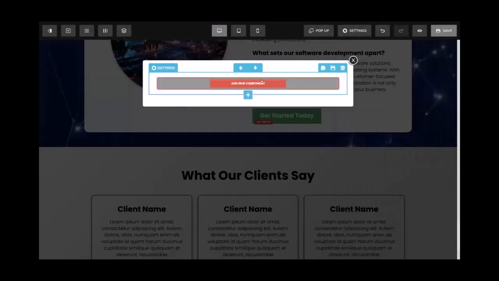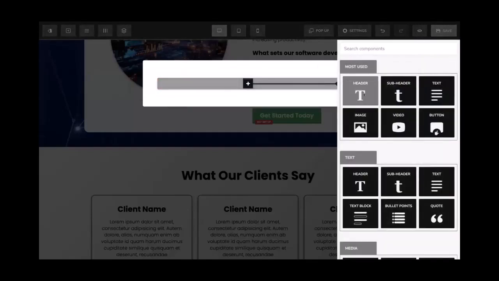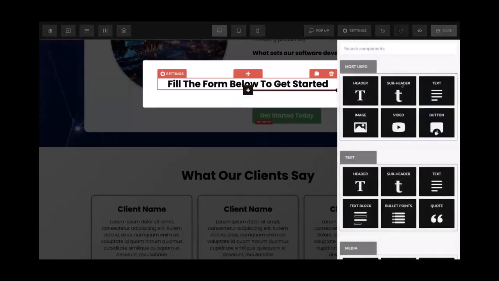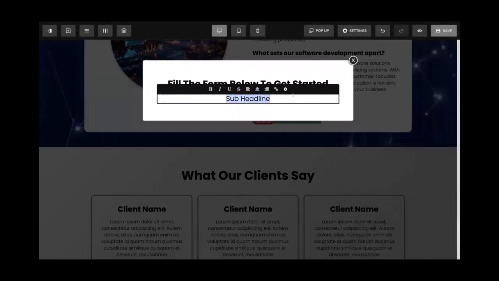So I'll just add a column. And over here, I'll add the header, and let's say, fill the form below to get started. Make it bold. And let's also add a sub headline, which would be, like, claim your early bird discount by filling out the form